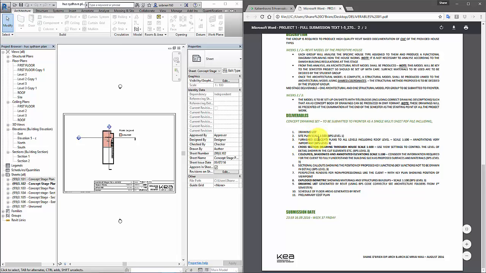For example, if we say site plan, that's fairly self-explanatory. But if we say furnished concept plans, well, you have to figure out what that means. Does it mean just the floor plans? Does it mean the floor plans of the roof? Does it mean the foundations and all that kind of stuff? Usually it means everything. But again, since we're at concept stage, all the drawings that we're making here are just